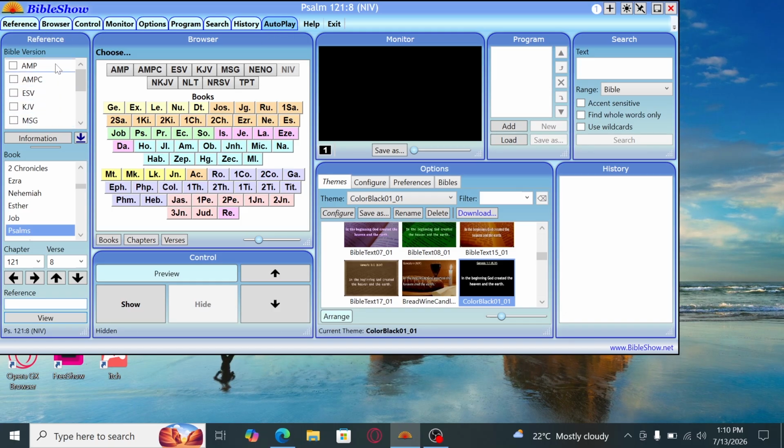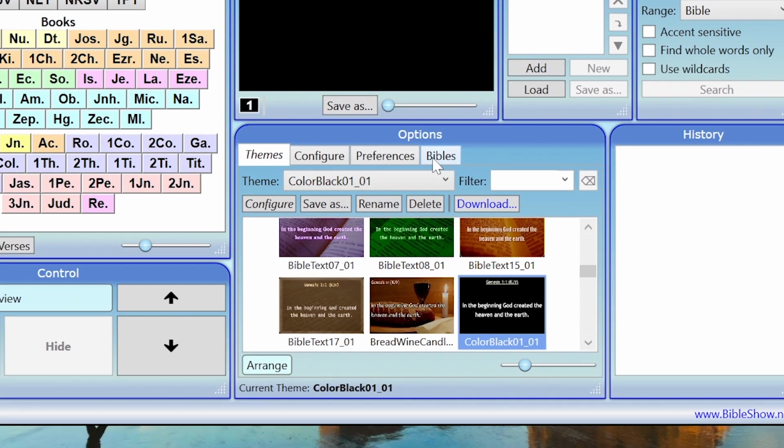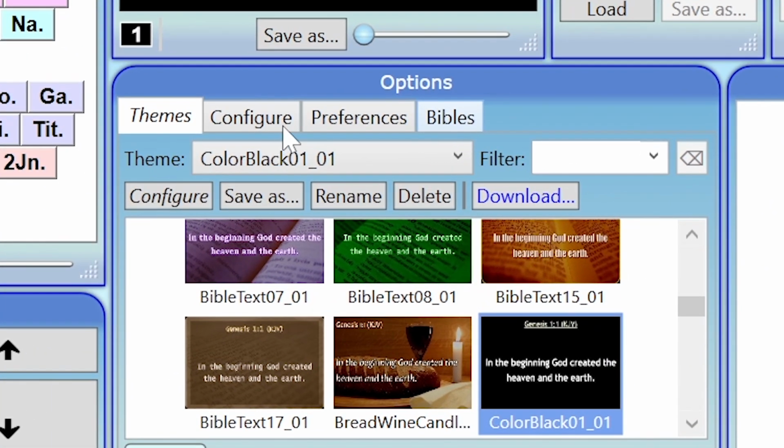So over here we have reference or Bible versions. We have NIV and KJV and LTA, and all those, amplified, ESV. And when I place the cursor on top, it gives out the name in full. That is just simple. If you want to add more Bible versions, you go to options, Bibles, select Bibles, then